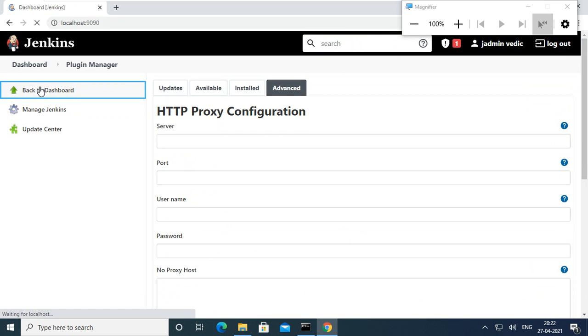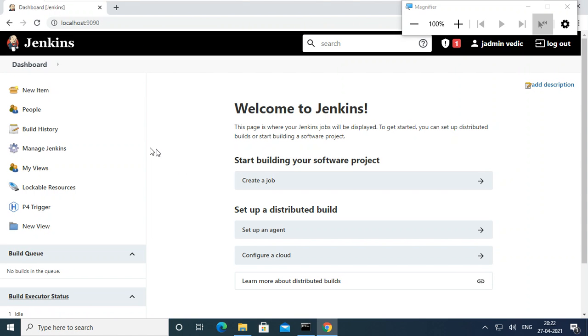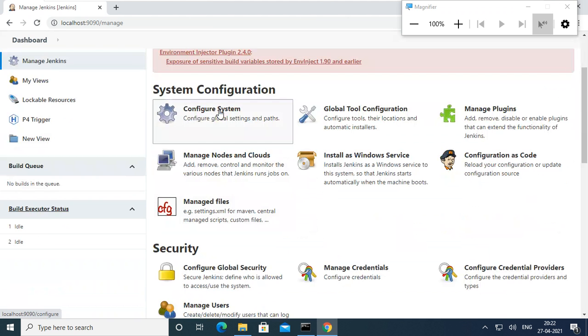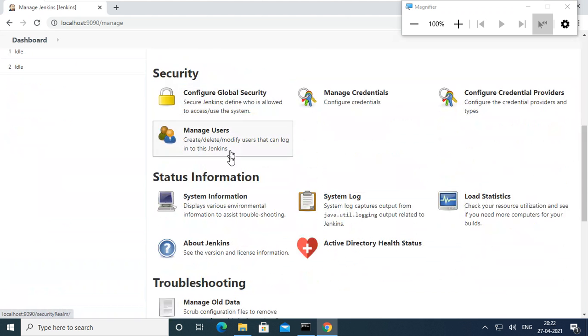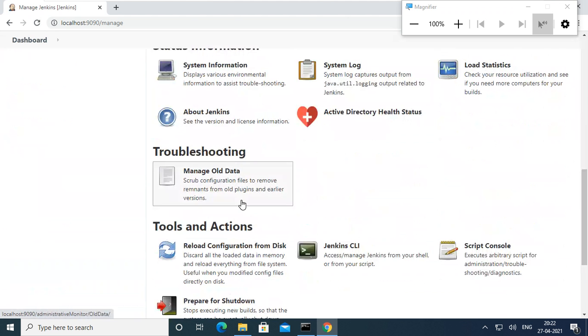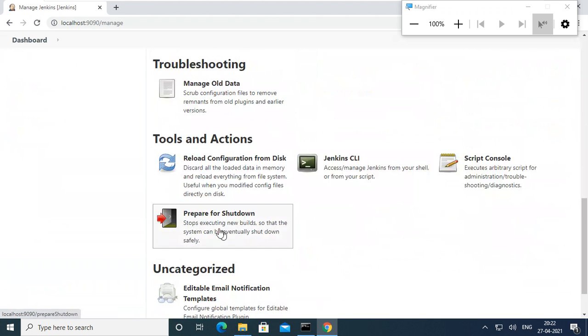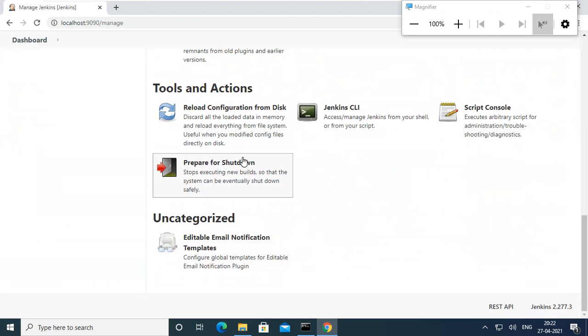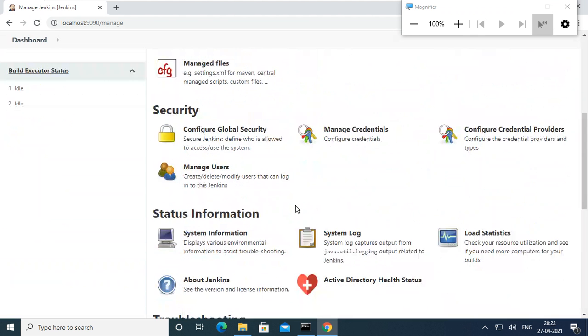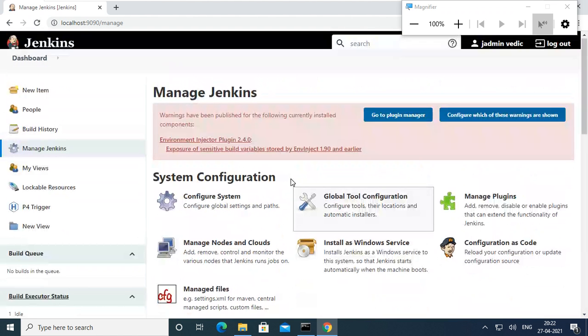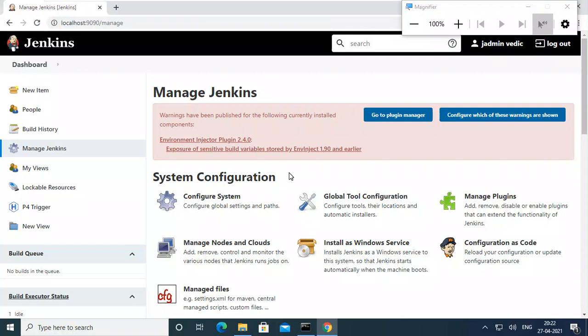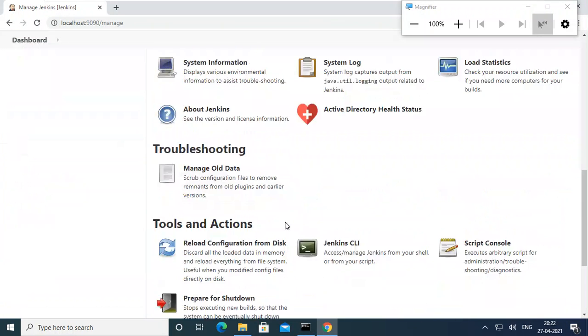So, back to dashboard. Under Manage Jenkins you can still see security, information, troubleshooting, Jenkins CLI, prepare for shutdown. So this is completed. Tomorrow we'll see what to do with the next ones.